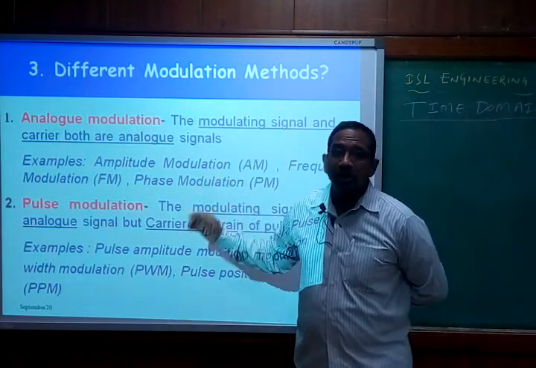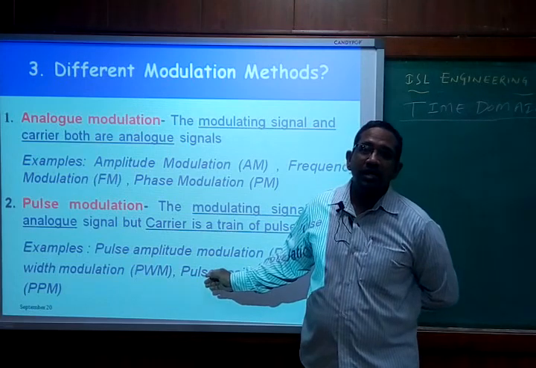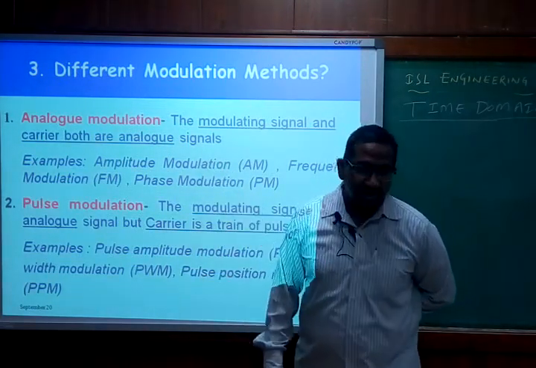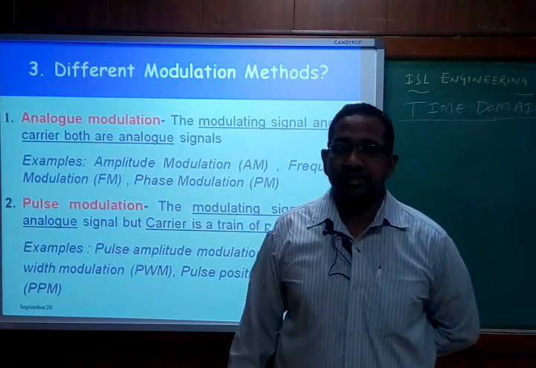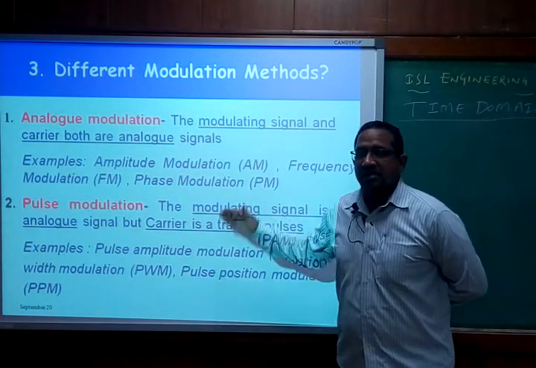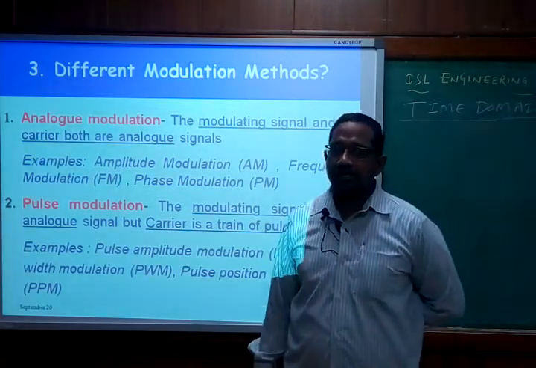The carrier message is going to be analog in nature, and in the pulse modulation technique, the carrier is going to be a pulse train. In the case of the analog modulation technique, the carrier is going to be continuous in nature. So that means here the message signal is going to be continuous in nature. Since the message is continuous in nature, we simply call it an analog communication technique.